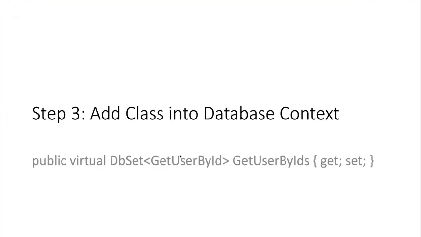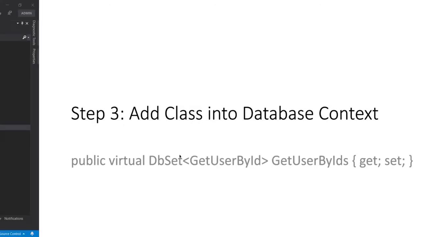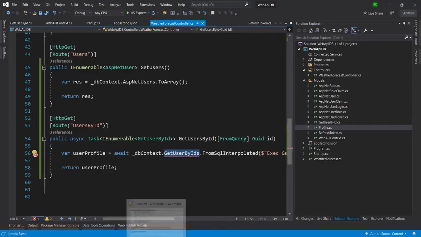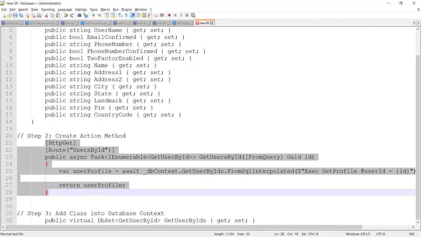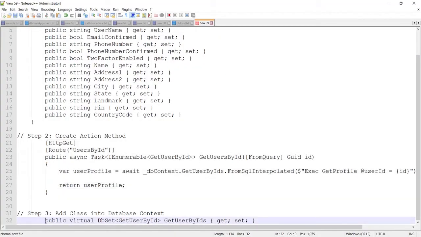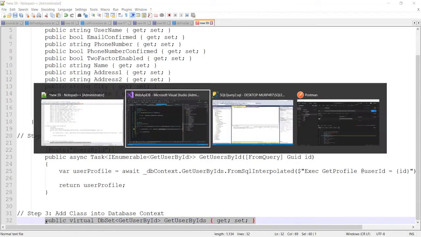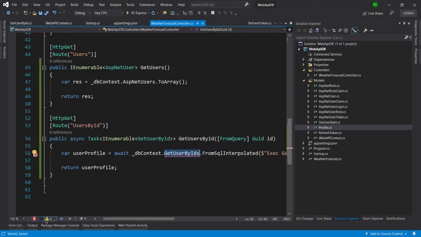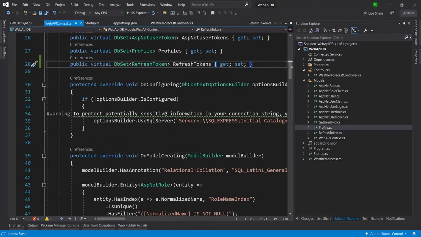What we need to do now is add the class into the database context. So now let's move to the third step, and here it is. Let me copy this, and I need to paste it here in the context class after the refresh token.